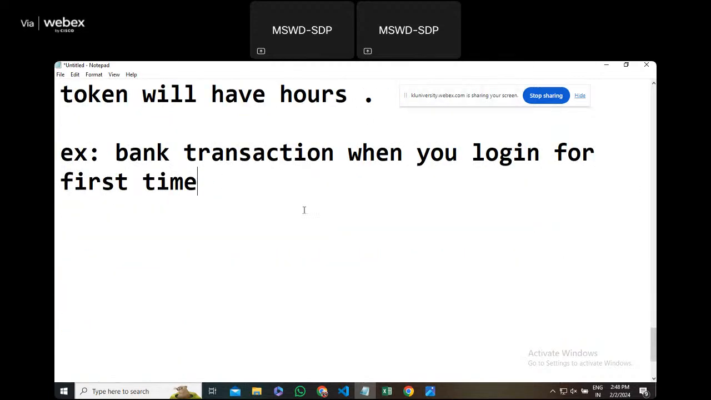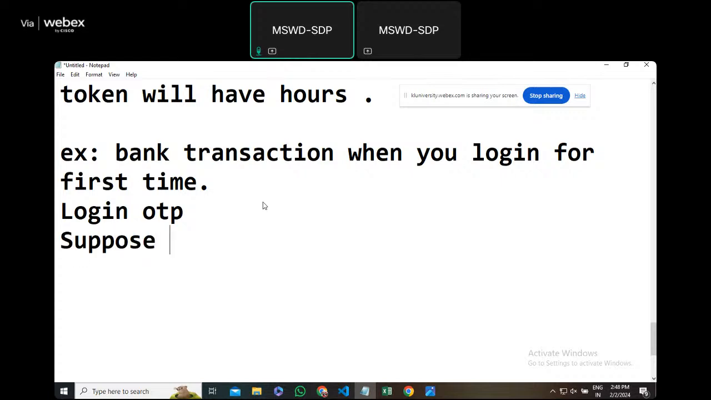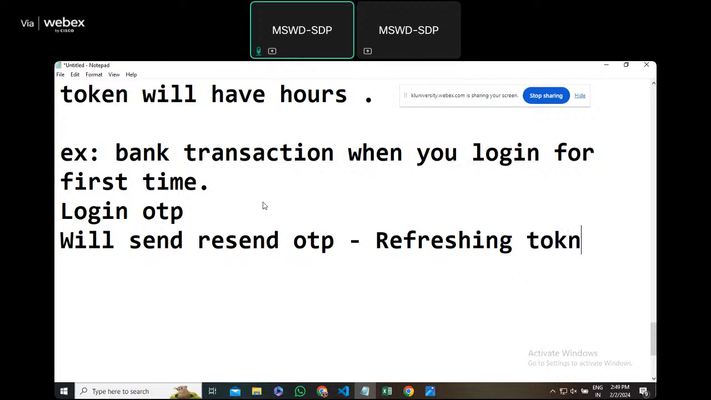Always, on a banking portal, for example, when you log in, you will get an OTP, right? So, one time password. Suppose the first time you forget or do not receive the OTP, what will happen? You will send resend OTP. So that is called a refreshing token, which has a certain time and which will be